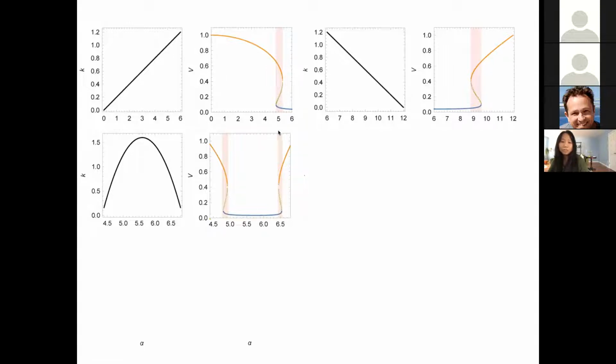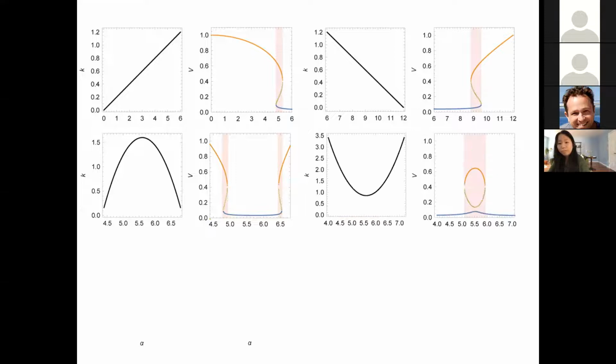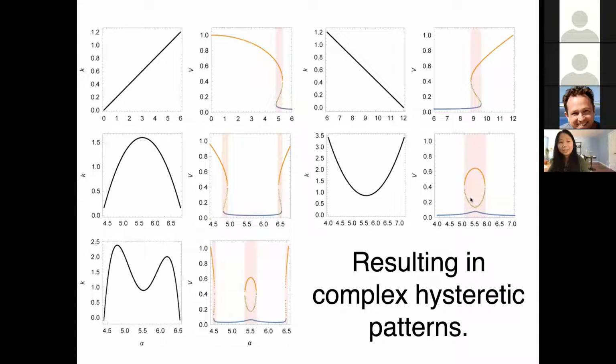And we may be confused by that, because we're just increasing alpha here, if we were not aware that there is an associated correlation with a different driver variable in the system. So if the relationship were convex, the hysteretic patterns can become even more complex. This is what I call a hidden loop, which I'll detail in a bit. And for other nonlinear combinations, the patterns can be even more complex. So this is just an example of one relationship that could produce a double S curve with the hidden loop embedded in it.